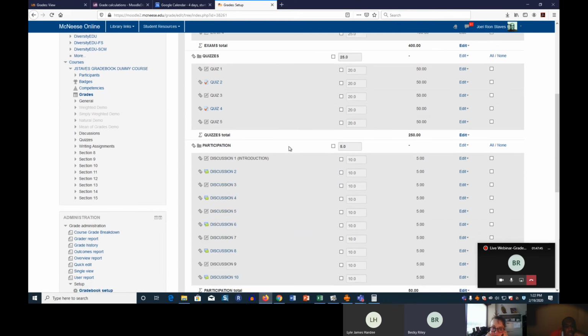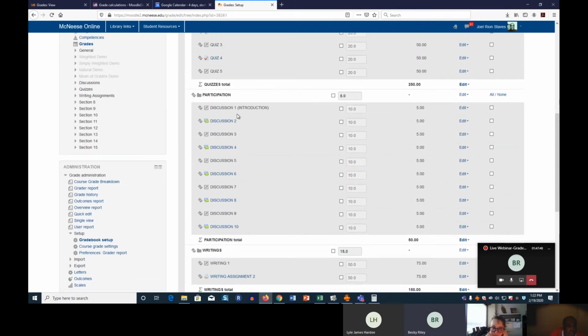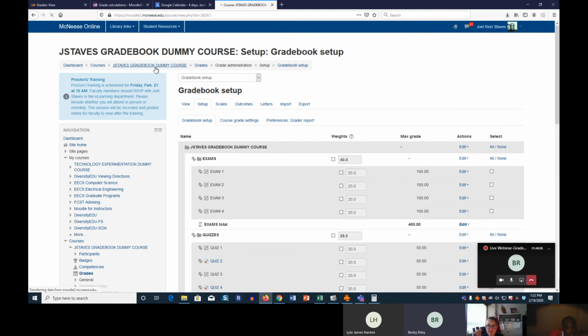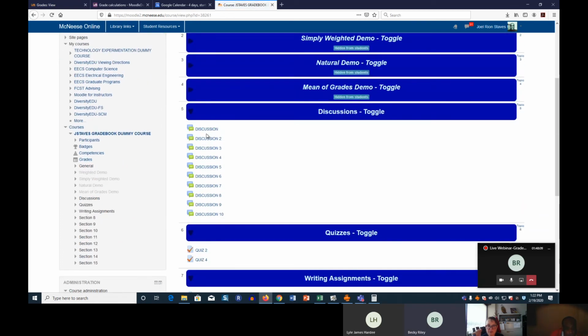Now let's say in participation, you notice that I created some of these items directly in the gradebook, and then some of these discussions, I have them appearing in the gradebook. By default, the discussions do not appear in the gradebook like your assignments do. So what you do to see that happen, like,